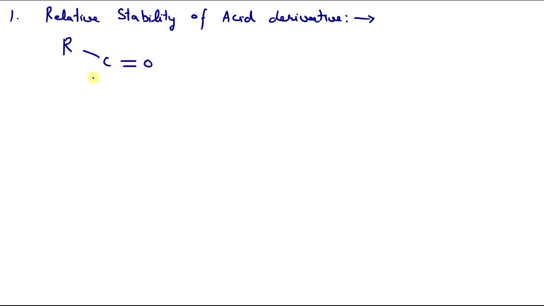First, as you are already aware, we are using this as a general term for carboxylic acid derivative. This I have explained in my previous lectures. Now let us write the resonating structures. Basically the L atom has two lone pairs of electrons. So what we will get is C negative, L positive. This is the first resonating structure.